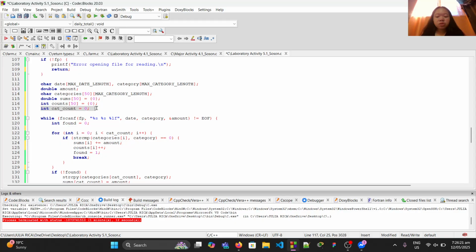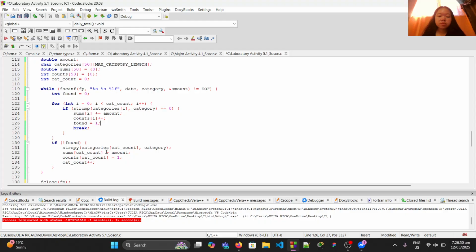Then this here is the count of distinct categories. And the while loop here will read each line of the file and process category data. And here, it will check if the category already exists in the categories array. Then this will add the amount to the category total, and this will increment the count for the category.